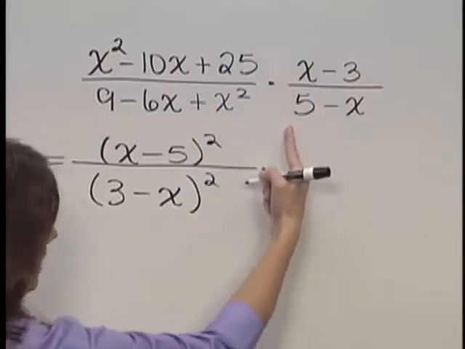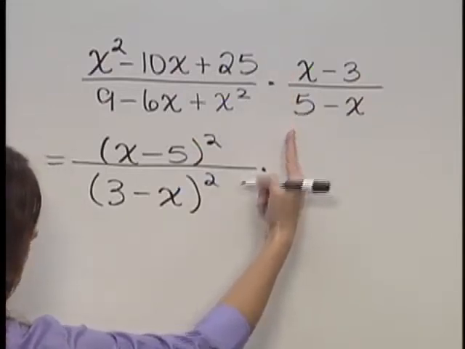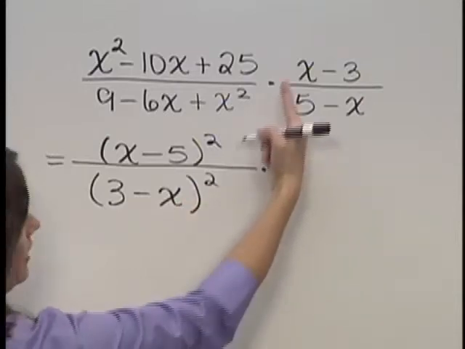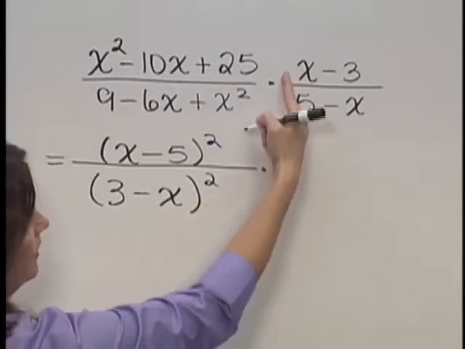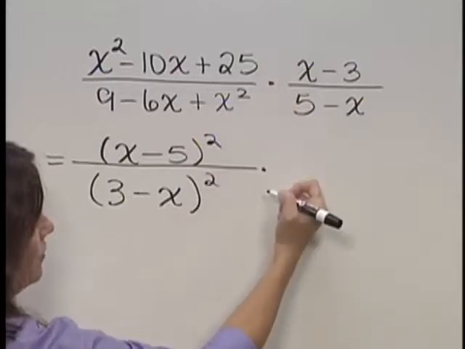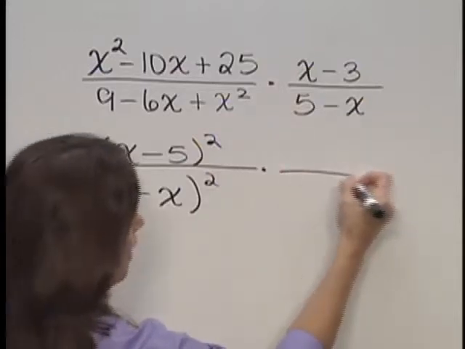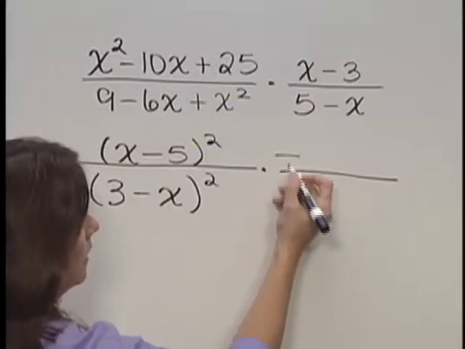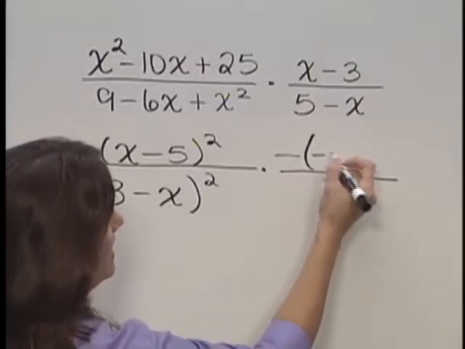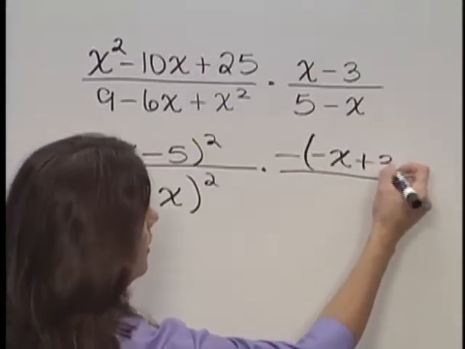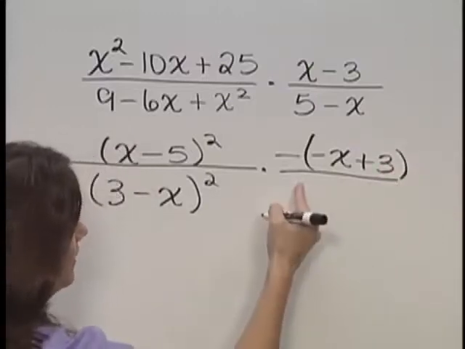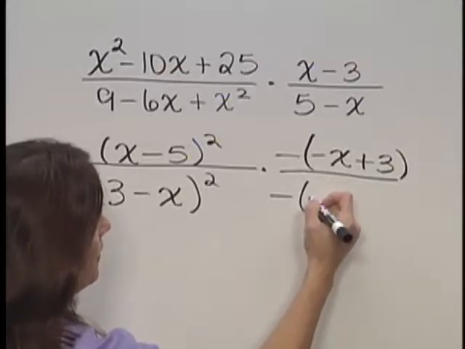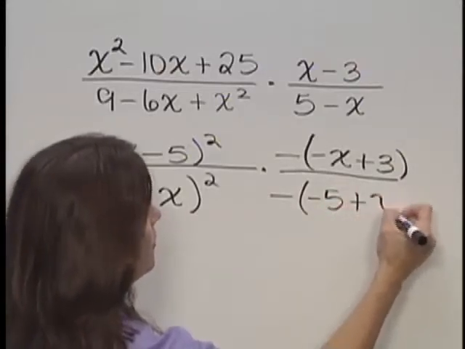Now looking at our second fraction, I'd sure like to see these factors repeated. Notice that they are opposites, and so let's factor a negative sign out of each of these. In the numerator, factoring out a negative sign, or you might think of that as a negative 1, gives the negative of negative x plus 3. And in the denominator, factoring out a negative sign, or a negative 1, gives the negative of negative 5 plus